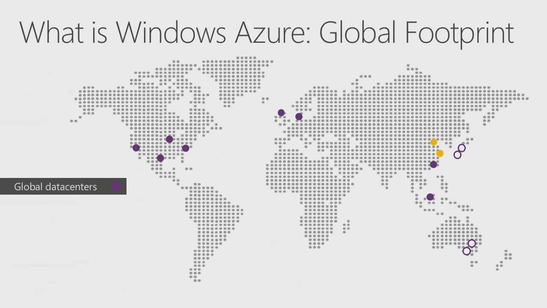In a physical sense, Windows Azure is built on data centers across the world. Let's now take a look at the global scale that Windows Azure operates in. We have data centers in 8 global regions across the different continents, 4 in the US, 2 in Europe, 2 in Asia. We also recently announced Windows Azure availability in China. These are gigantic in their scale and operations. Each data center is about 7 to 10 times the size of a football field, and their power utilization efficiency is about twice that of a large enterprise data center.